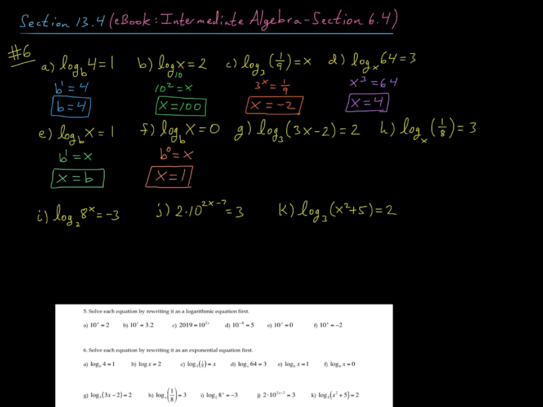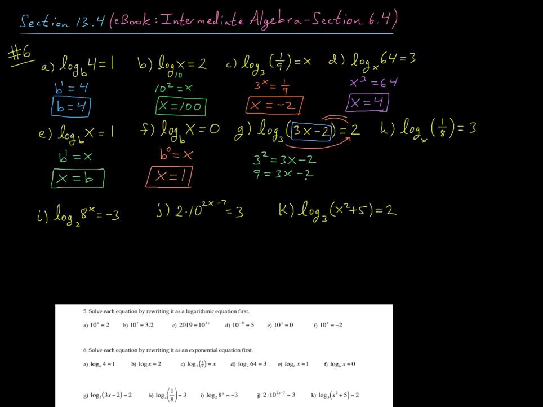All right, moving on, G, we have log base 3 of the quantity 3x minus 2 is equal to 2. And keep in mind these parentheses here matter. We're taking the logarithm of this entire expression. So the idea is this 3 is going to be put to the second power, and then that resulting value is going to give us what's inside the logarithm. So that's going to say that 3 squared is equal to 3x minus 2. Or put another way, 9 is